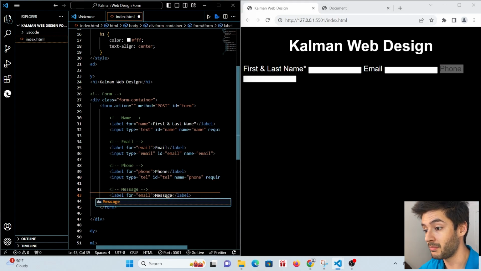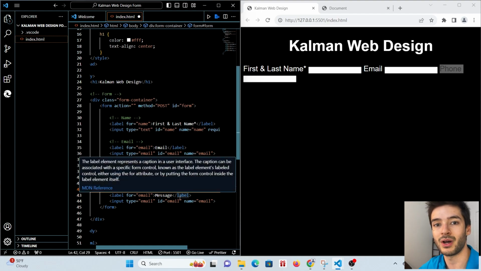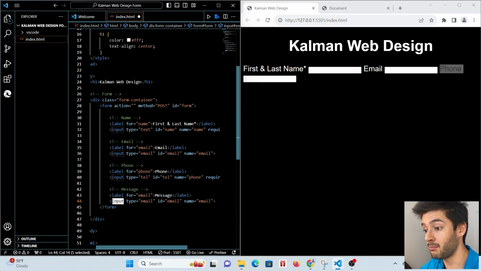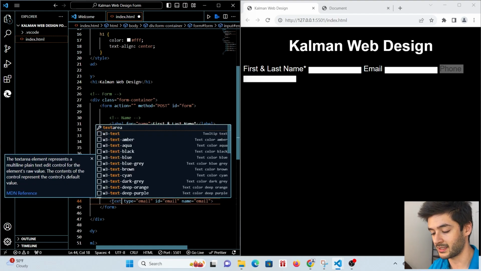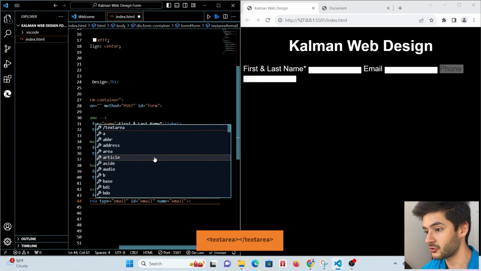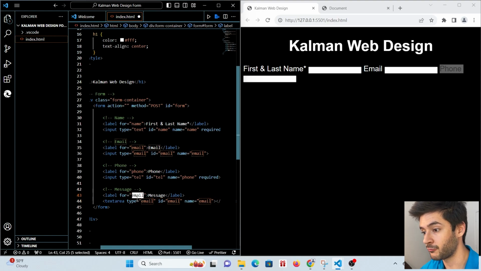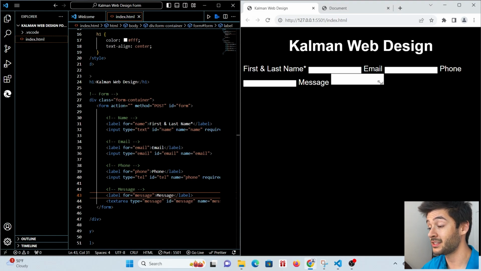Now we're going to have our message input where customers can actually enter whatever message they want to leave for us. And instead of input, we're actually going to change this to a text area. And then a text area does have a closing tag, so make sure you add that at the end, just like so. And then again, we just want to change our for, type, ID, and name all to message. And now you guys can see we have all of our input fields on the right,